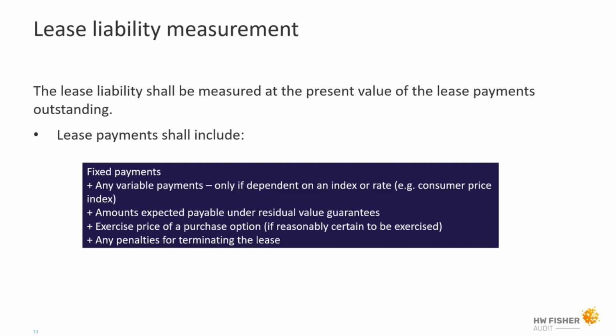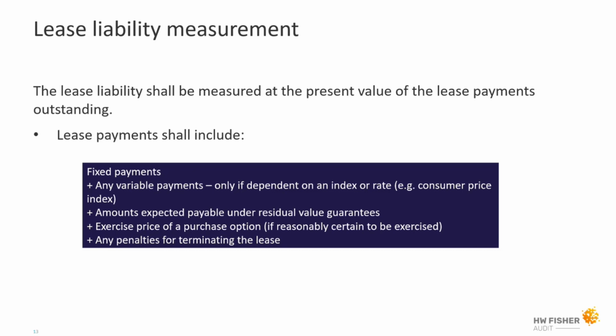If, on the other hand, it was a variable rate which was based on the amount of revenue or turnover you had in a year, you wouldn't estimate that. You'd leave that out. It needs to be attached to an identifiable index or rate. So there are considerations again there within your variable payments. If you can link it to an index or rate, it should be included in your assumptions before you then